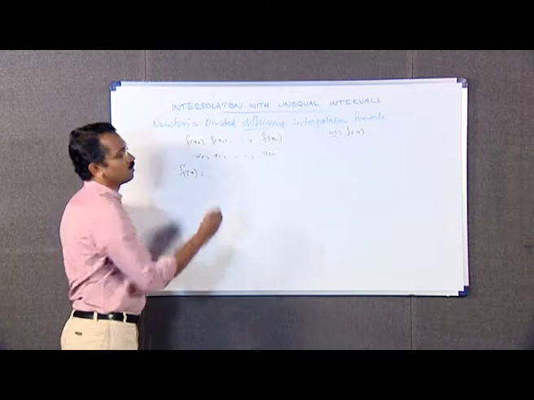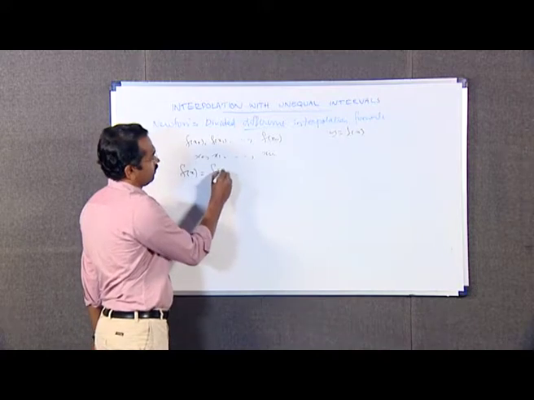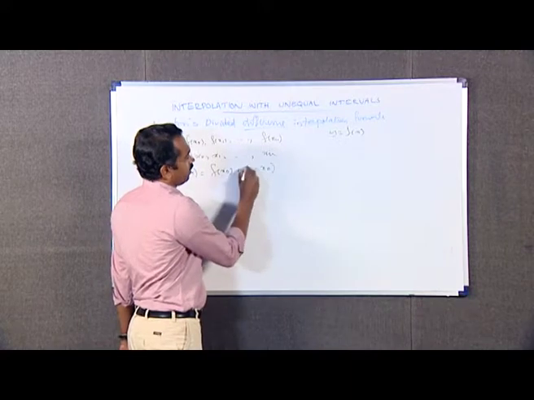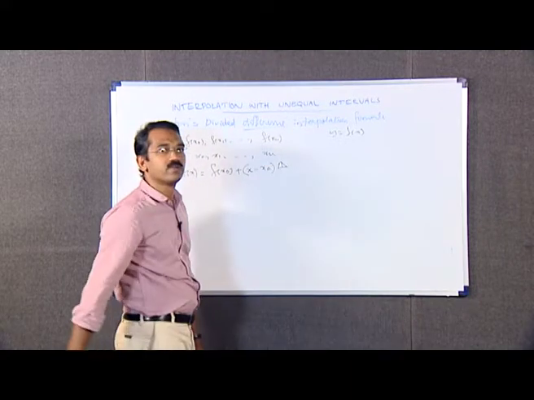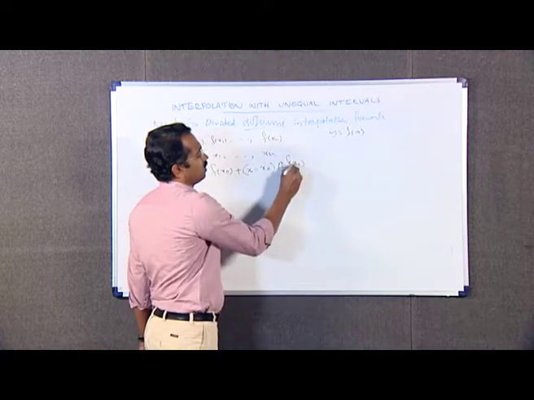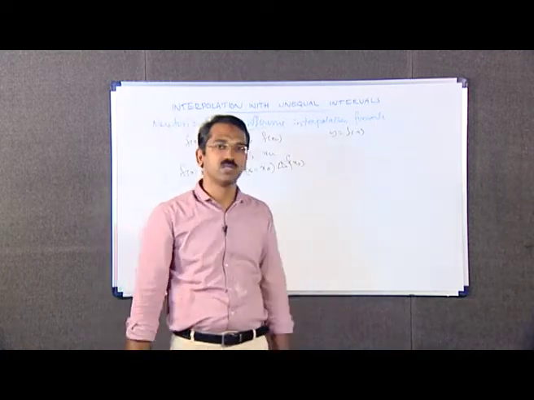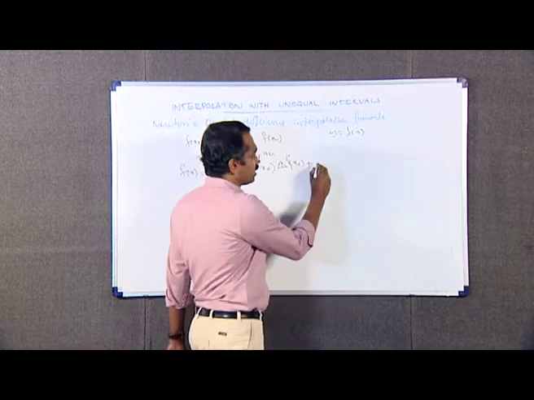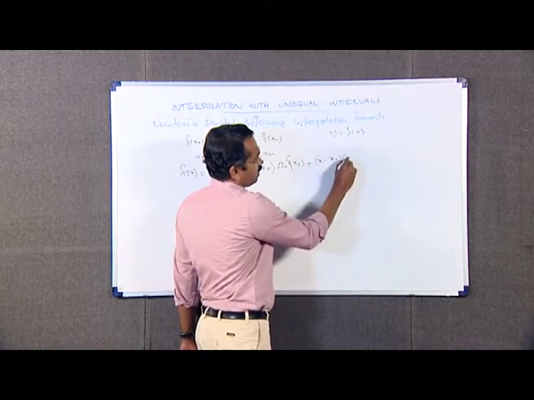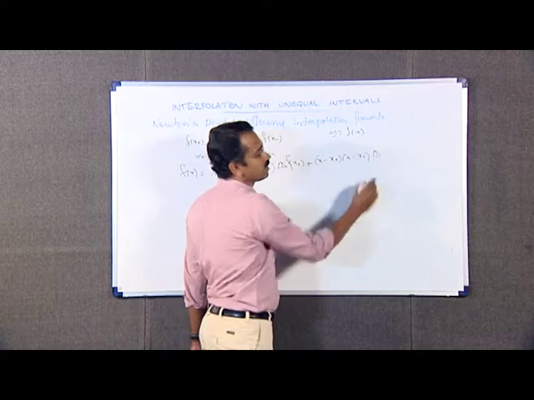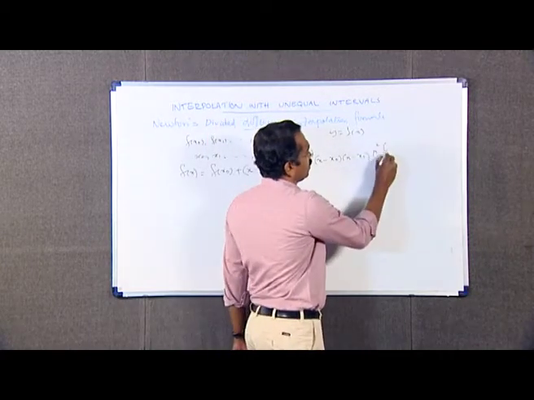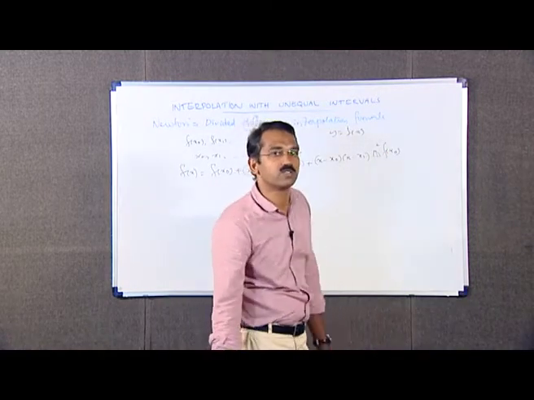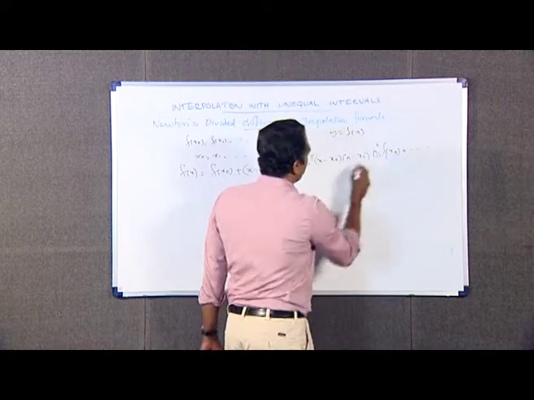f(x) is equal to f(x0) plus (x minus x0) into divided delta f(x0), that is the first order divided difference between the arguments x0 and x1, plus the next term is (x minus x0) into (x minus x1) into divided delta square f(x0), that is the second order divided difference between the arguments x0, x1 and x2, plus etc., plus